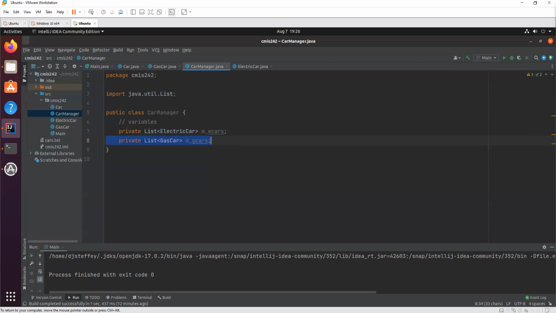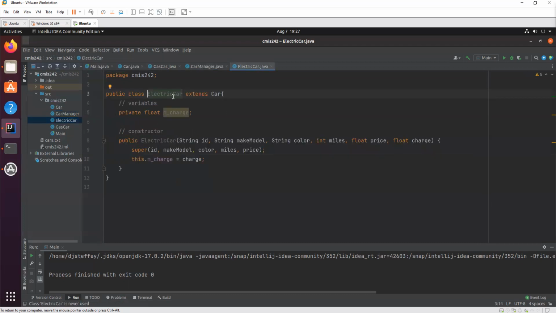So what we're going to do here is have a list of just car. And this will let us put electric cars and gas cars into the one list. And why is that? It's because electric car extends car.